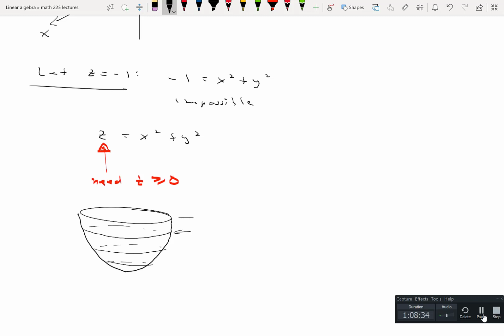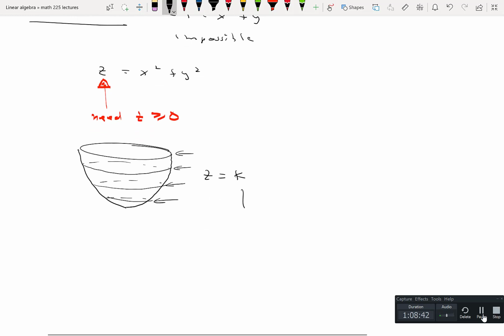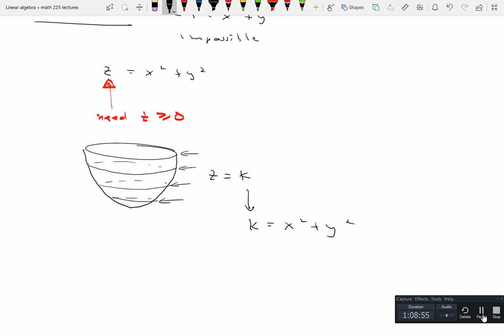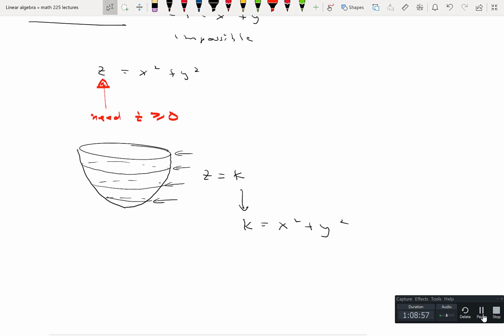These traces are all z equals a constant. If I put z equals a constant into the equation of my surface, I get x squared plus y squared equals a constant. Those are circles. Okay. If you needed, you could also, for another trace that's not a circle, you could let